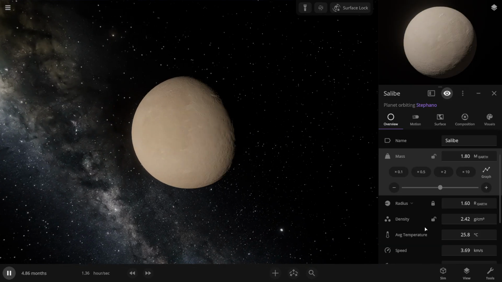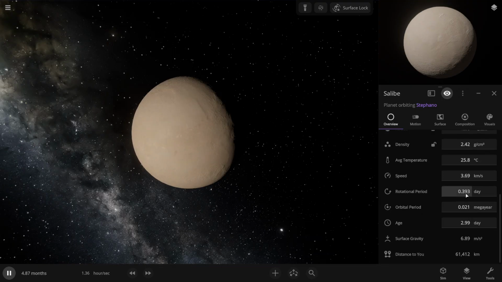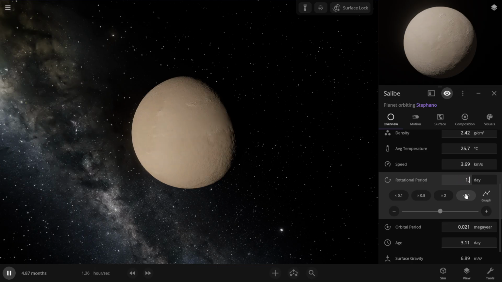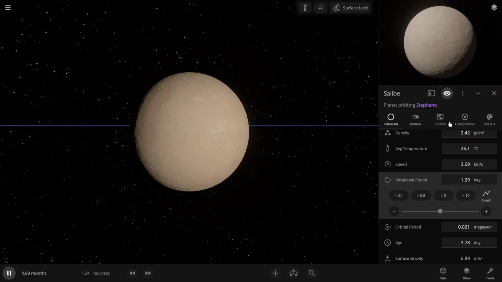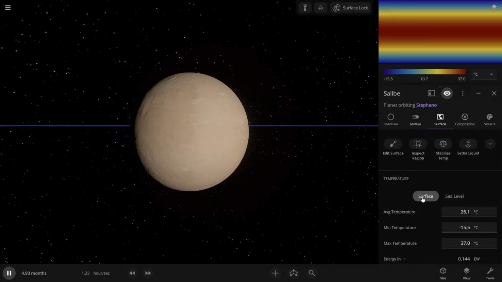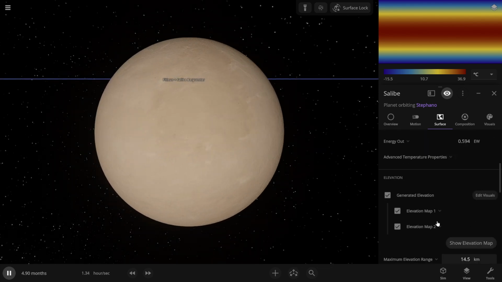And then, why isn't this scrolling? Okay. Rotational period. Let's do just a little bit longer. Just a teensy, what the? Yeah, just a teensy bit longer than a normal day. I do not like that surface map. Or maybe if I bring out,